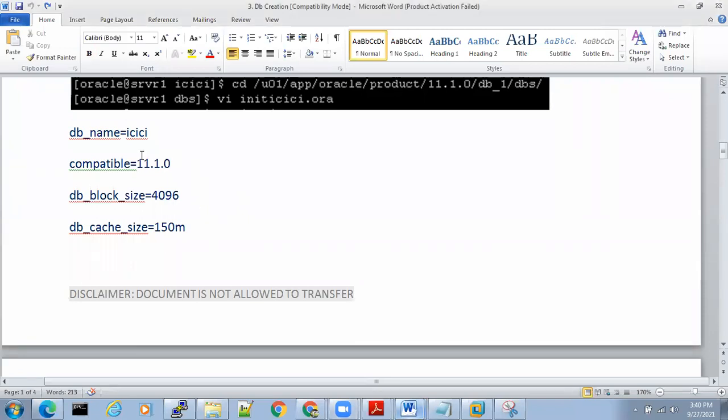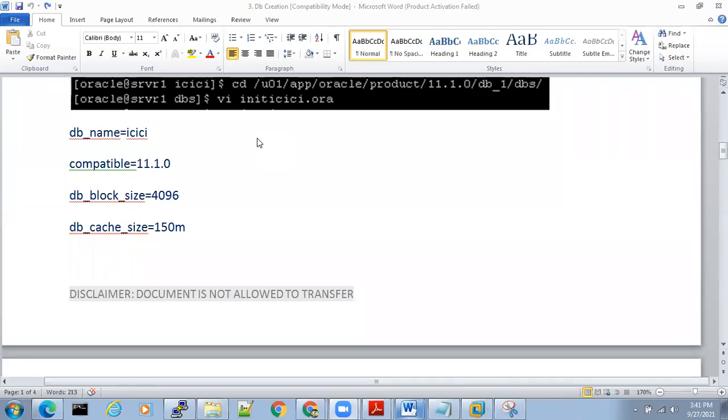Okay, no problem. There are two types of parameters in the database: static parameters and dynamic parameters. You people only understand the difference from the meaning. We know the meaning of static and dynamic. What is static? We cannot change it.